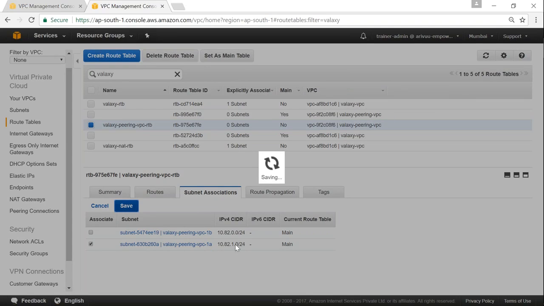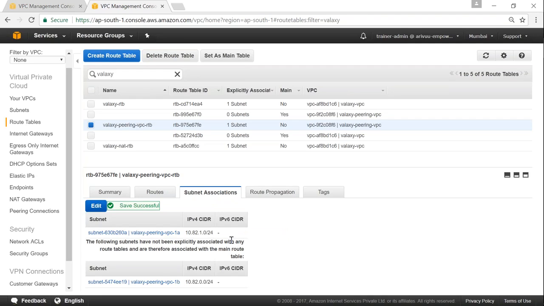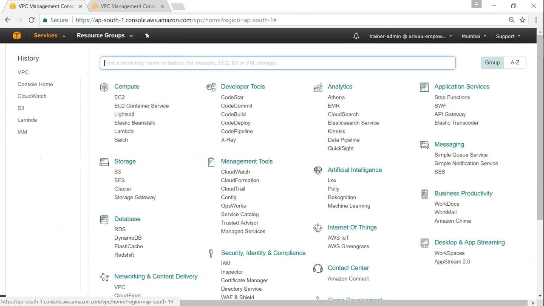So if I put any VM here, I should be able to connect to it, and we should be able to talk to it from the internet as well. So let us go ahead and create two VMs, one in each different VPC, and we will do an SSH test to see whether we can connect to them or not before we set up a VPC pairing. So so far what we have done is we just created two VPCs in two different CIDR ranges, and we are going to start two VMs and see whether we can ping them or talk to them. As of now, go to EC2,